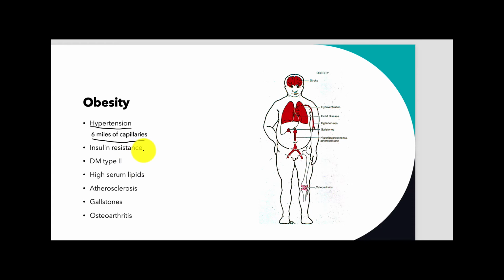Insulin resistance is generally caused by this high serum lipid issue, because we know that one of the main hits that happens with insulin resistance is when we have high levels of free fatty acids. We know that free fatty acids may be the number one culprit in developing insulin resistance. We will develop type 2 diabetes, which is an umbrella term that basically includes all of these things here.